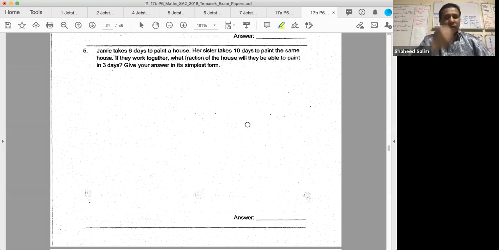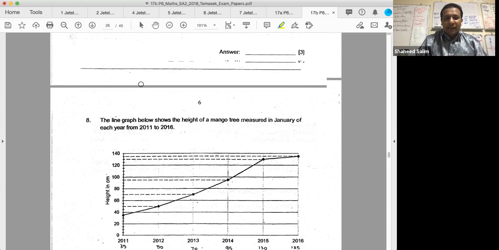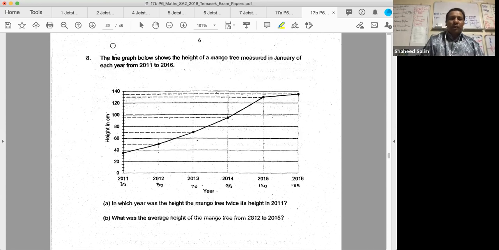This one is also a little bit challenging, but we don't do this yet. Let us do something that is easier. You try this one. This number 8 is quite an easy question. But if you are careless,